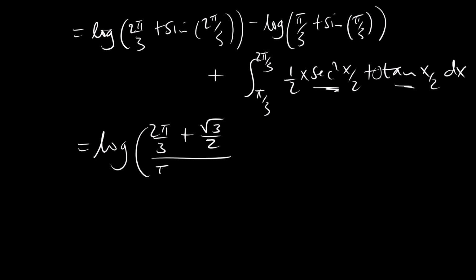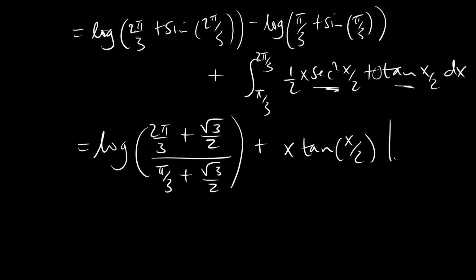And so we have pi over 3 minus root 3 over 2, or plus rather, root 3 over 2 plus the integral. We don't even have to label that much. We'll just say this is the same as x tangent of x over 2 from pi over 3